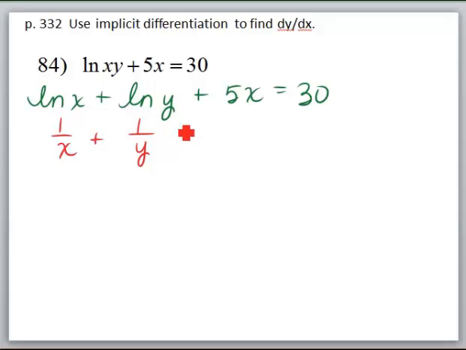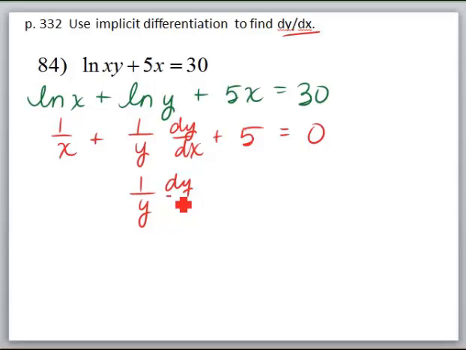But since it's not an x, I'm taking the derivative with respect to x. I've got to remember to put a dy over dx, plus the derivative of 5x is 5, and the derivative of 30 is 0. So now I'm just going to solve for dy over dx. So I'm going to move my 1 over x to the other side, and I'm going to move my 5 to the other side. So I have negative 1 over x, plus a negative